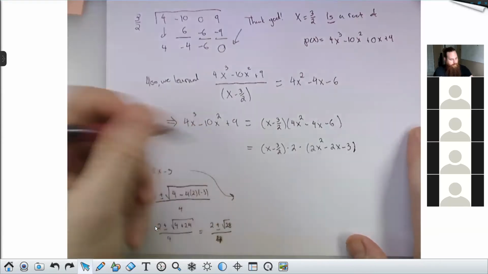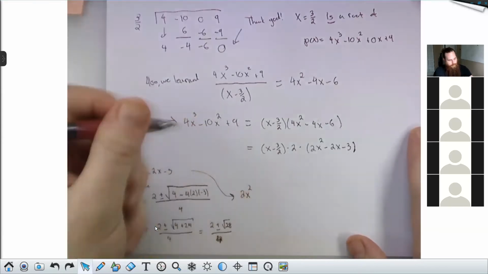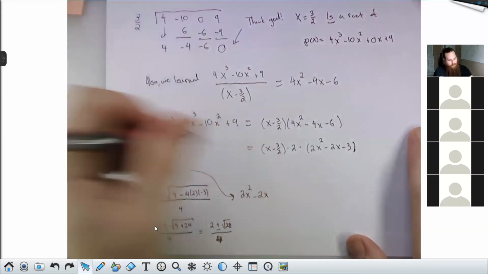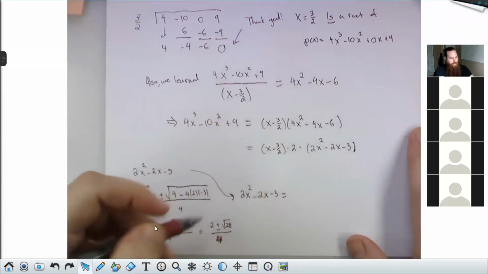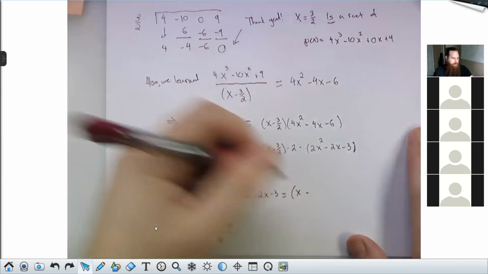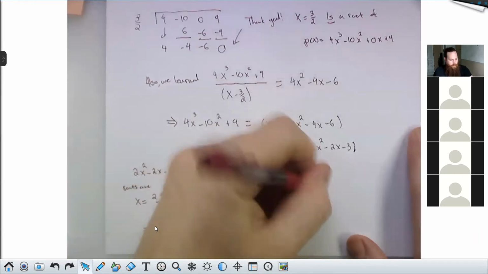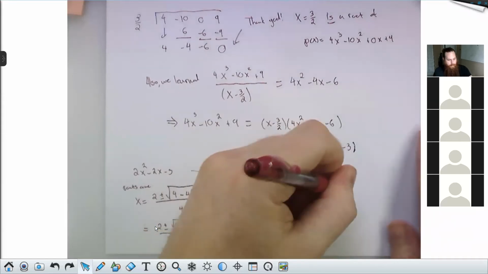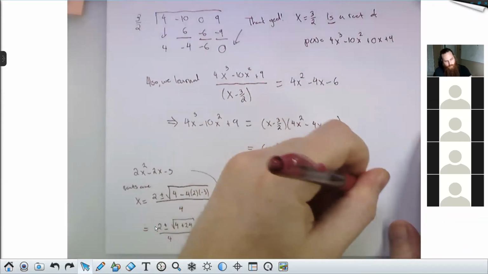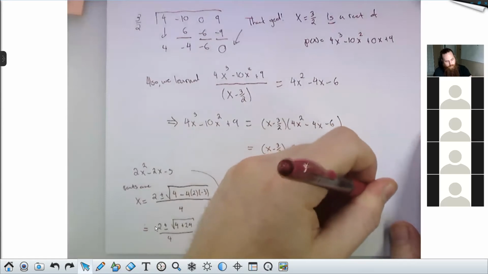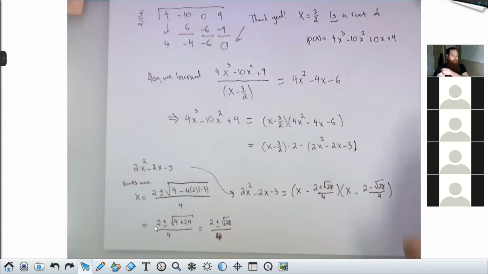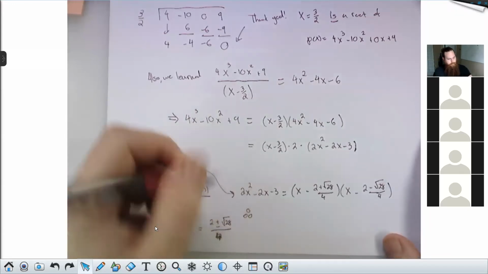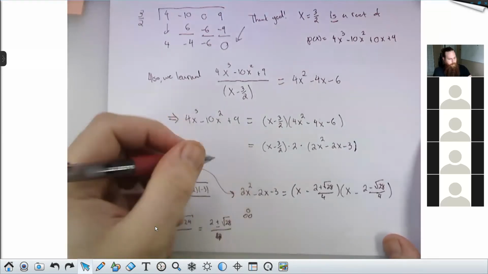This guy can be factored as x minus (2 plus root 28)/4, times x minus (2 minus root 28)/4. Which means that my whole polynomial can be rewritten as